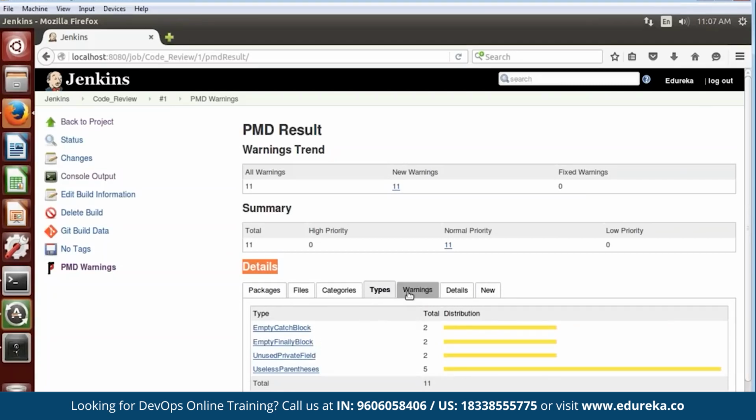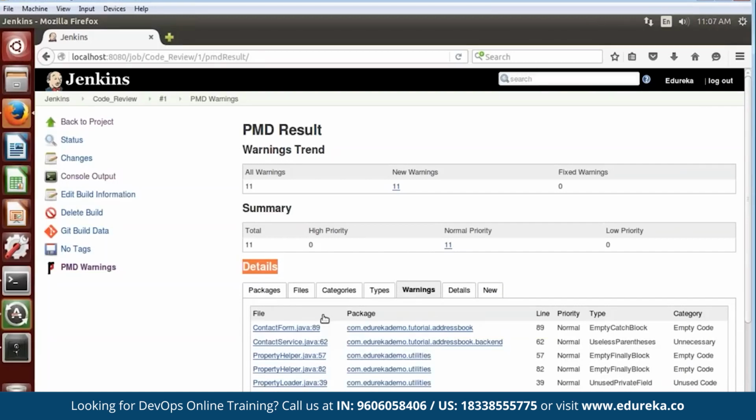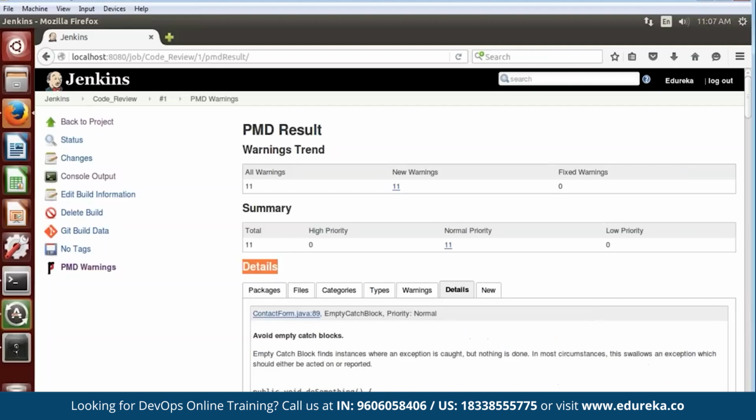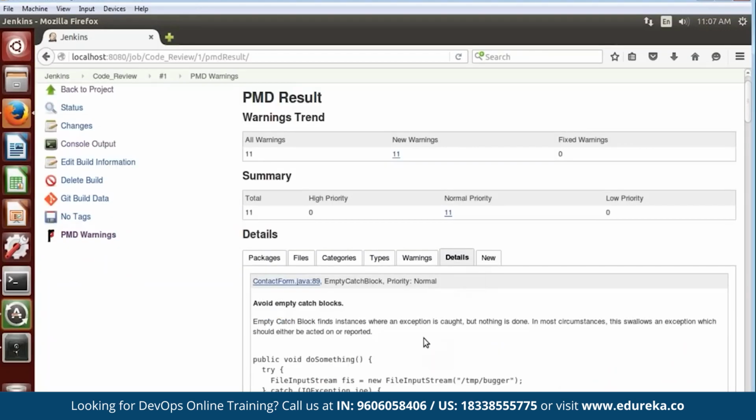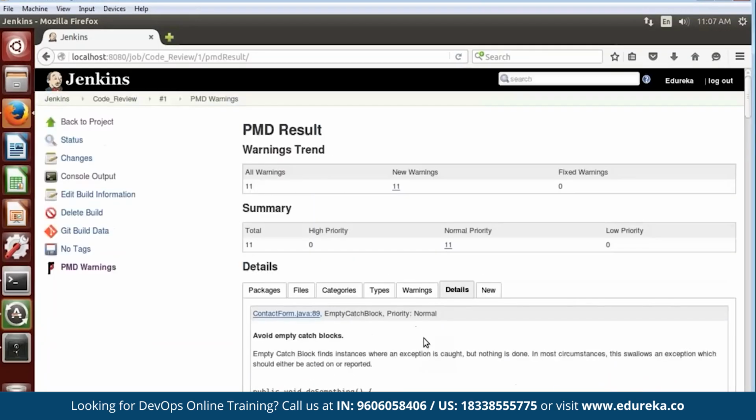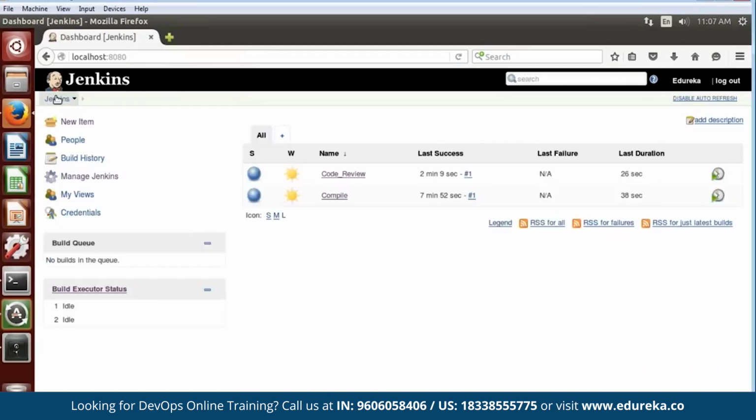Now you have one more tab called warnings. Over there you can find where the warning is present, the file name, package. All right, then you can find all the details. In the details tab, it will actually tell you where the warning is present in your code. All right, now let us go back to the Jenkins dashboard, and now we'll perform unit test on the code